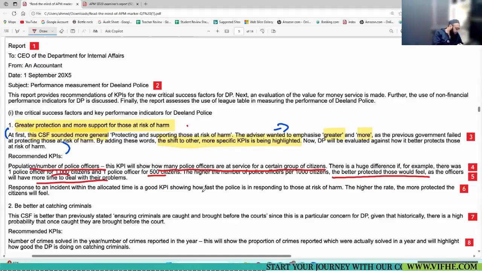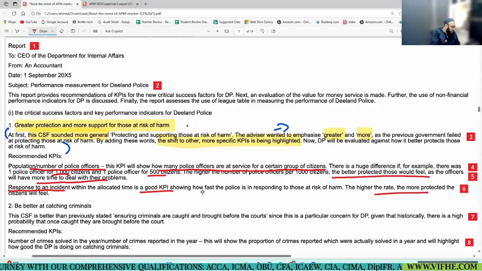Next. Response to an accident within allocated time is a good KPI showing how fast the police is responding to those at risk of harm. The higher the rate, the more protected the citizens will feel. So do we have such data given there?